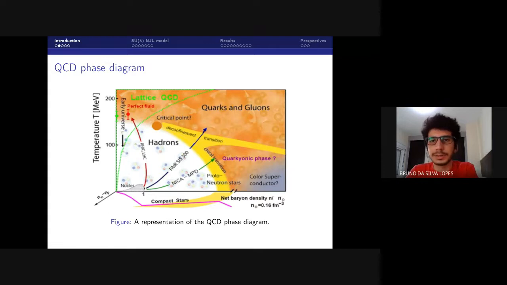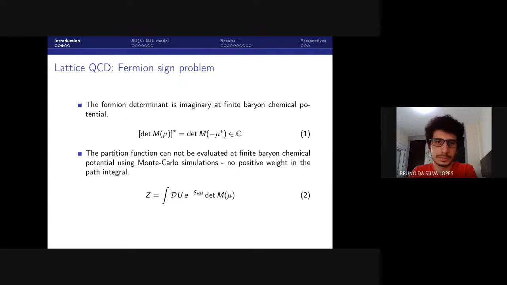But for high baryon density, we cannot study QCD on the lattice. So we have to make predictions with effective models. And of course, here, the main object of study, we can have systems in which the number of neutrons and protons is not the same. So we work on finite isospin density.